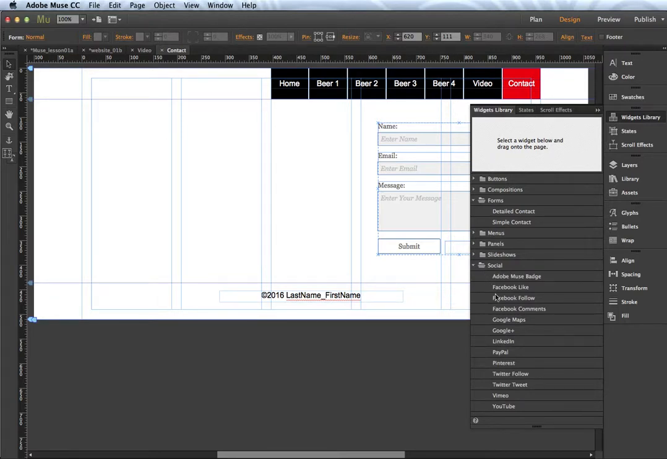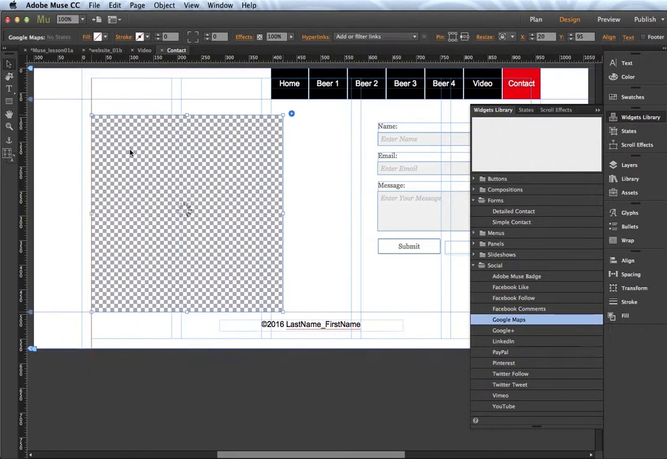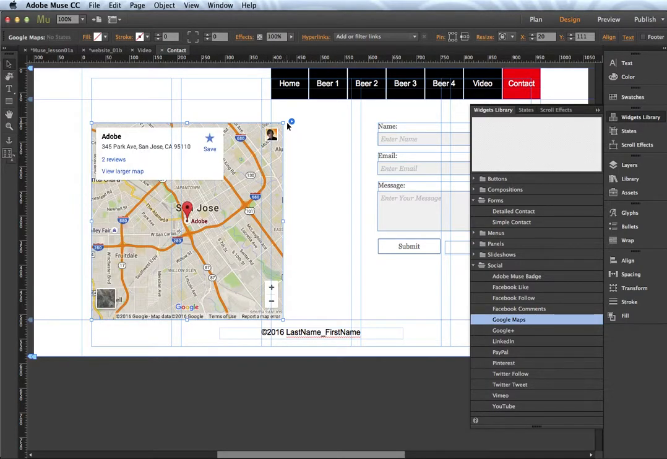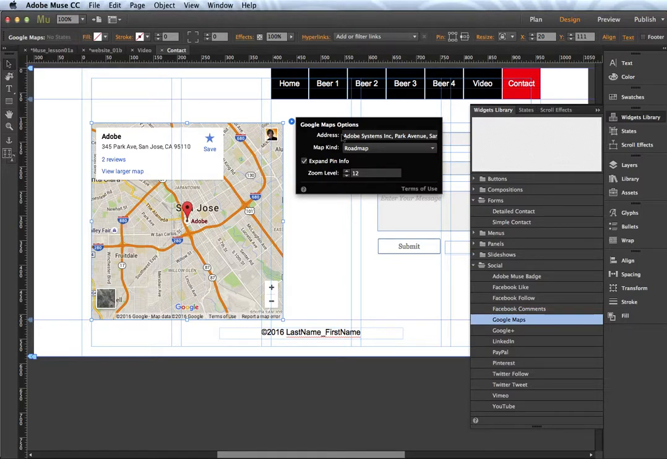So let's just go in here and we have Google Maps. I'll drag that over to the left side here. And my smart guides allow me to line that up here. And basically in here, you just put a street address and that's what it will default to. Right now it's defaulting to Adobe. But if I wanted to put in Loyalist College, I go into the address window, I'll just highlight all of